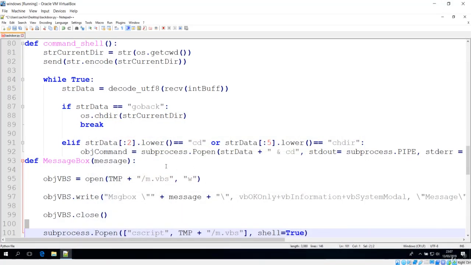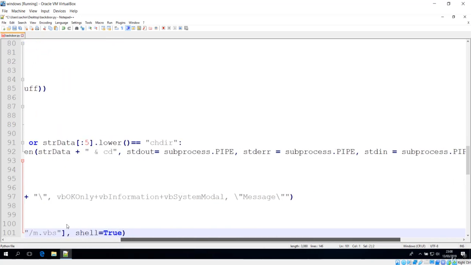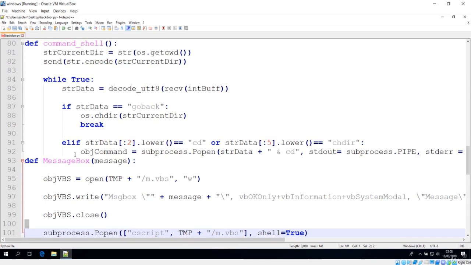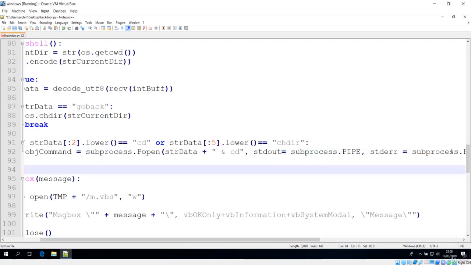So we are executing that command within the shell. You can see that we are making some command to be executed concurrently on the shell, and we have set shell to True. So now we have made this command, which is the command object. Let me go over here and make some spaces.